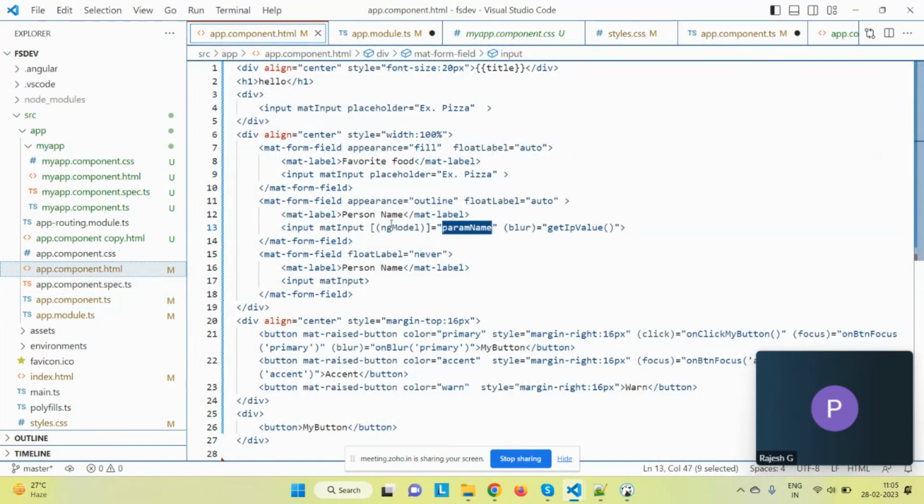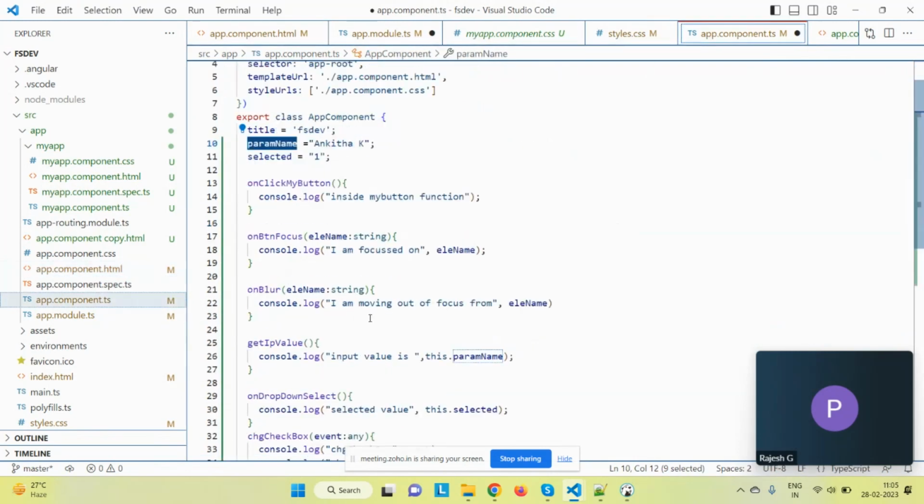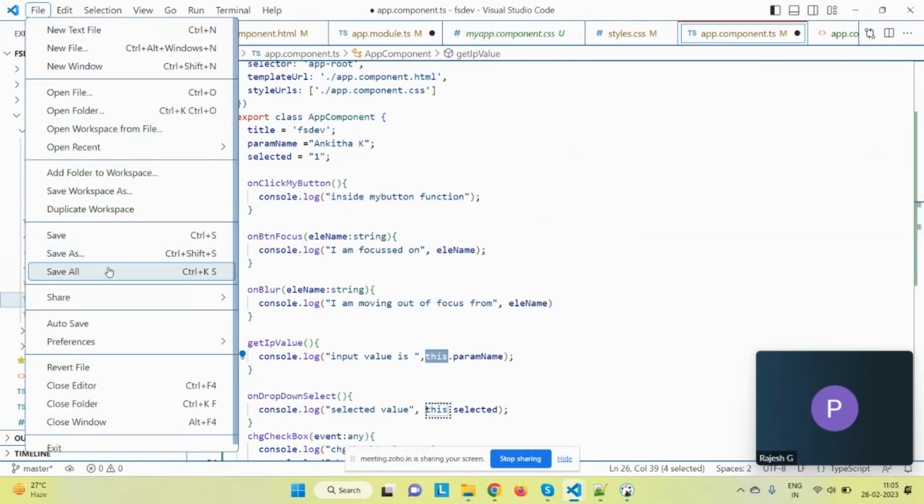When I change the value, because I've used the two-way binding, that value gets reflected back to the param name. That means getting the input value, this param name will give the changed value. If you have done the change in the HTML, it will give the changed value. We'll see that. I have not started the